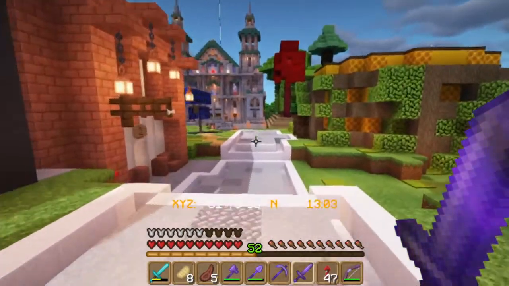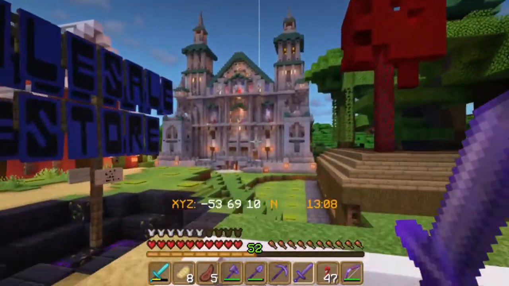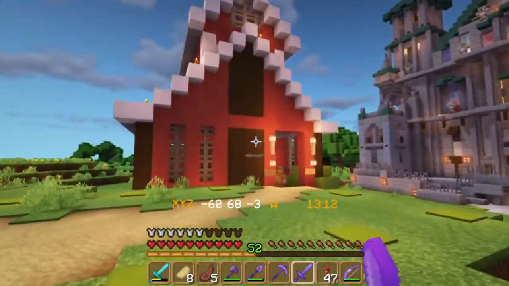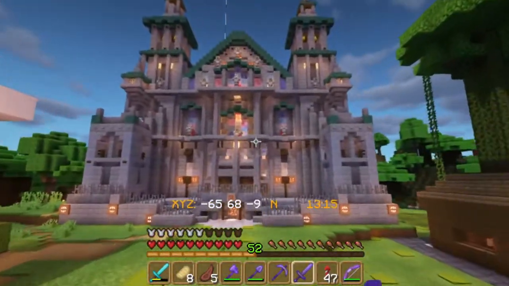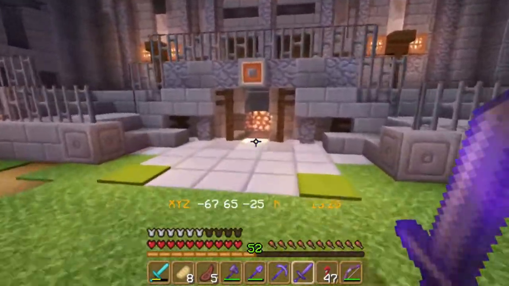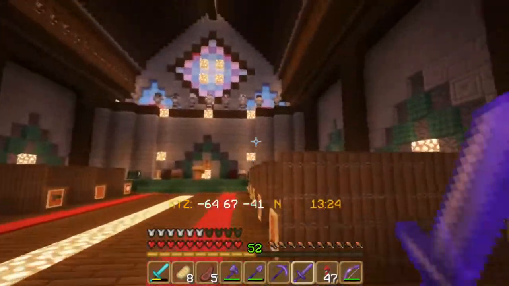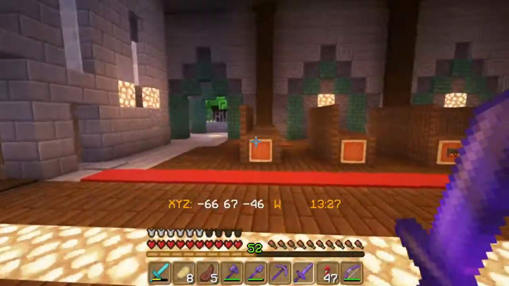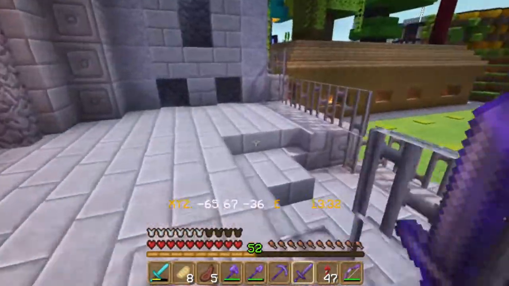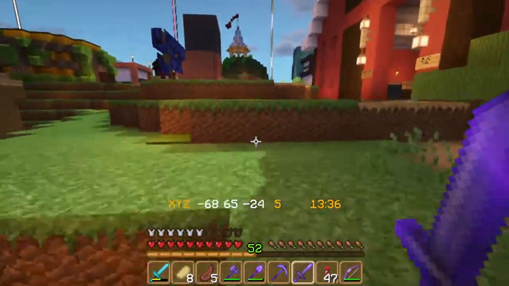Over this direction, we have the farmer's market, and we have this beautiful cathedral. I'll take you inside just to show it off. Look at this. This is gorgeous. And then,